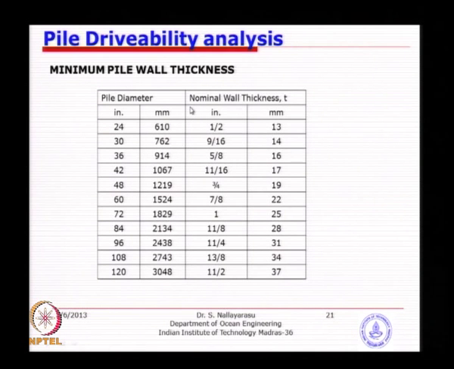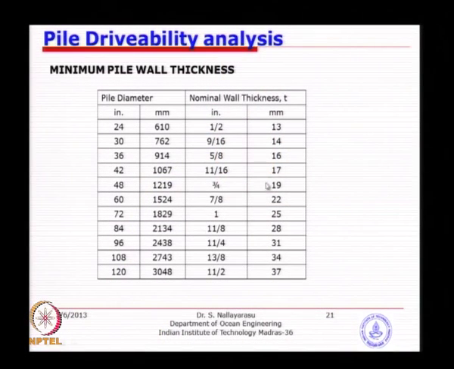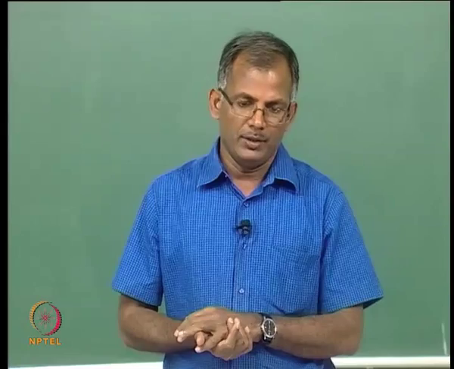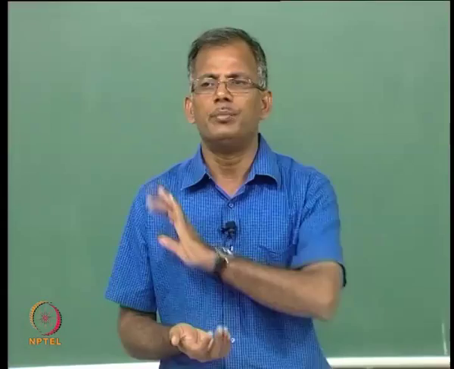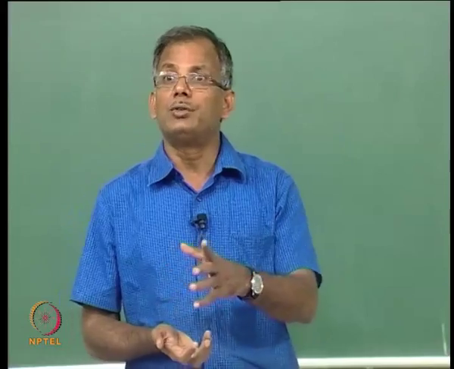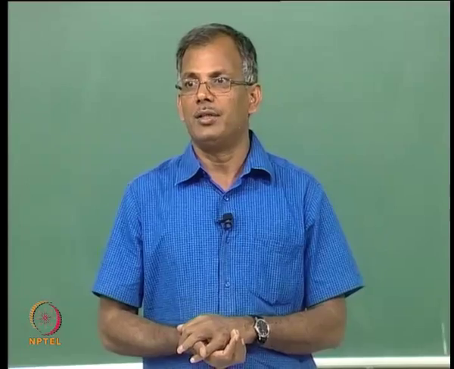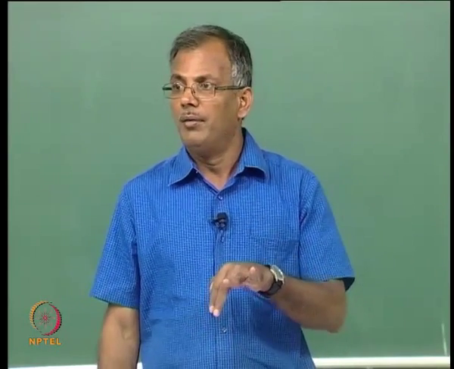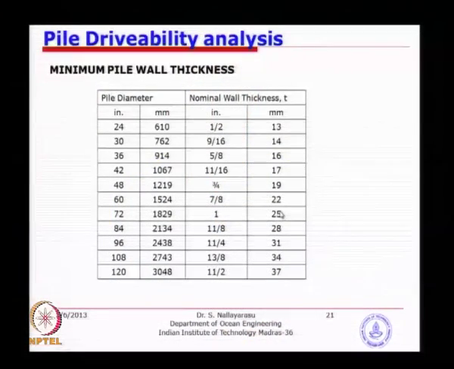An earlier revision of API has given some recommendations depending on the pile diameter: what should be the minimum thickness that you should be looking at in order to avoid pile failure by buckling or pile failure by ovalization. But in the recent revision of the codes, they have removed this, because in quite a few cases it was misunderstood that if I satisfy this thickness, it could be sufficient to drive. In many cases it is not, because this is only a minimum, but based on your selected hammer and the soil behavior, you will have to determine what thickness is required to avoid pile failure.